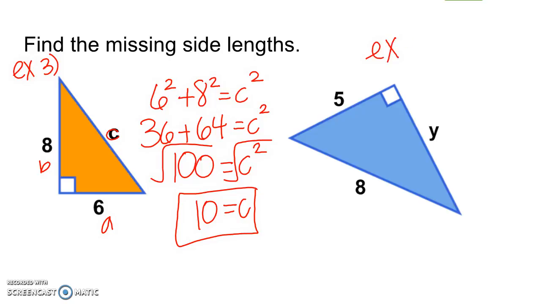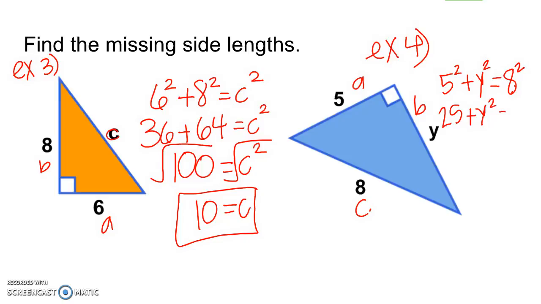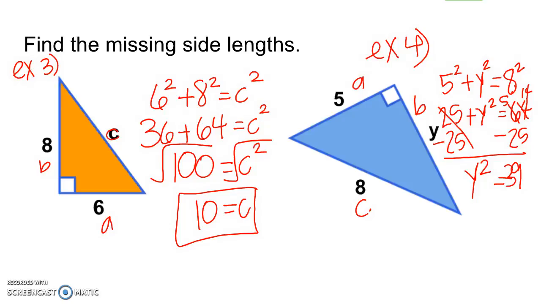Let's try this one. Call this example 4. So remember, A and B are the sides that form the right angle. C is the longest. Plug in 5 squared plus y squared equals 8 squared. That would be 25 plus y squared equals 64. Subtract 25 on both sides. Y squared equals,